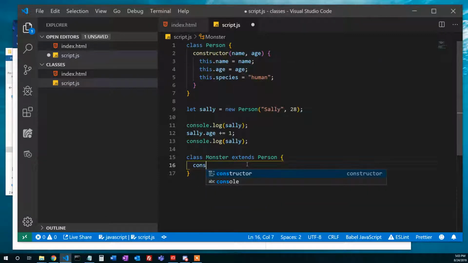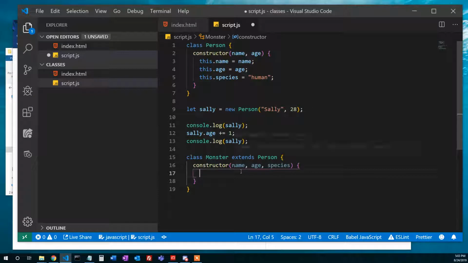And so I can sit here now and we'll create a constructor with name, age, and species, because monsters aren't automatically going to be human. In fact, none of my monsters are going to be human. So we've got a constructor, and when we create a new monster, it's going to take a name, an age, and a species. So let's play with this for a minute. I've got my constructor set up, and inside Person,